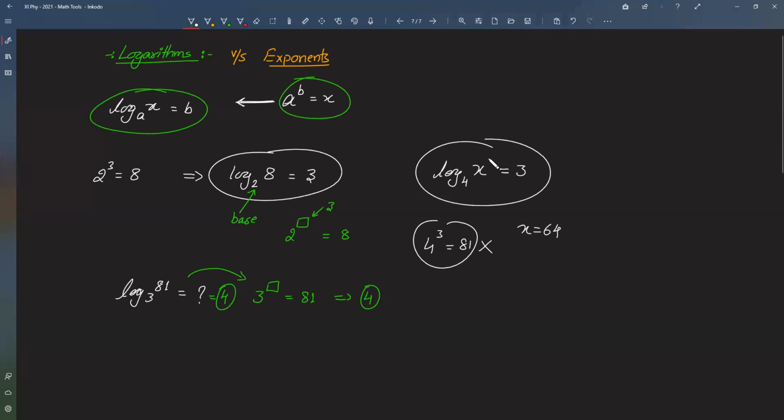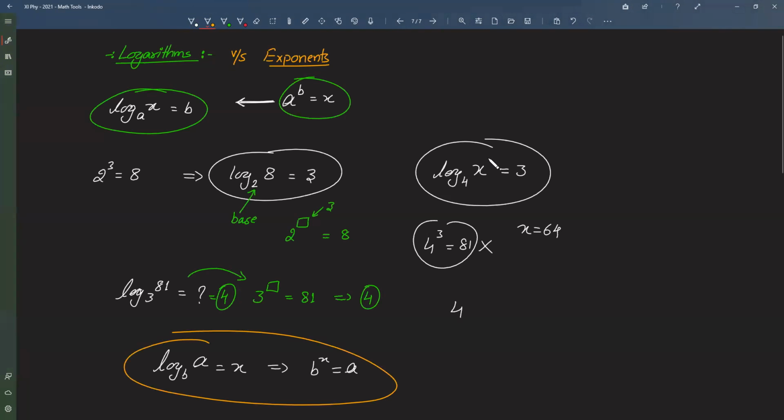Right? So this simply means what? As I told earlier also, log a to the base b is equal to x. That means b to the power x is equal to a. Remember this simple relation. That's all you have to do. Base, power, value. So this means b should be raised to what power that it gives you a, and that is x. Right? These two are the same.